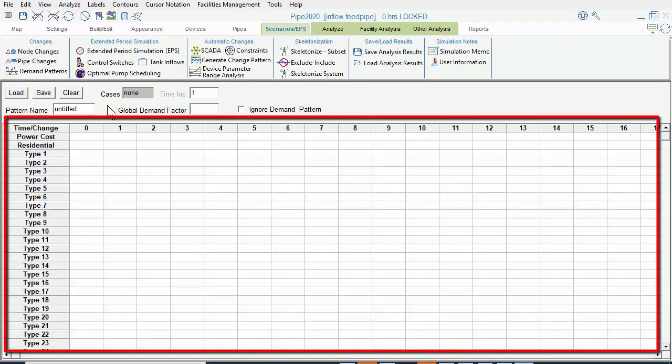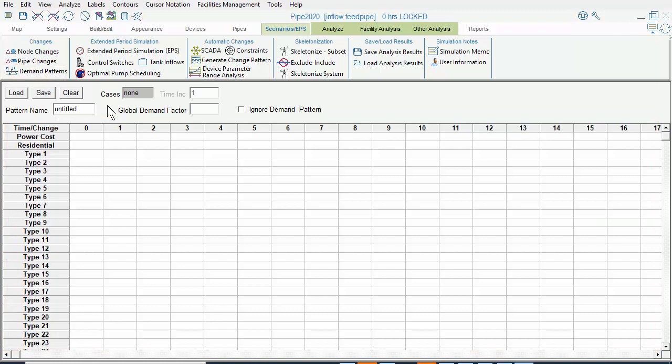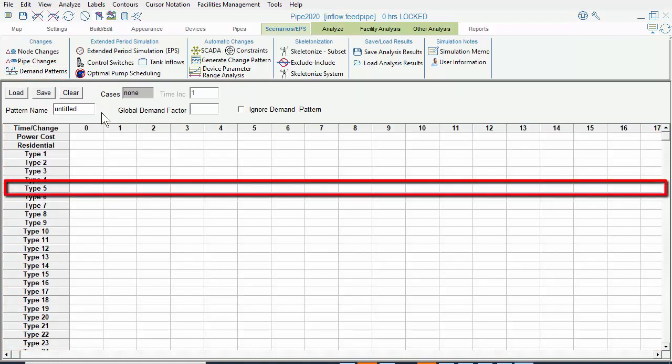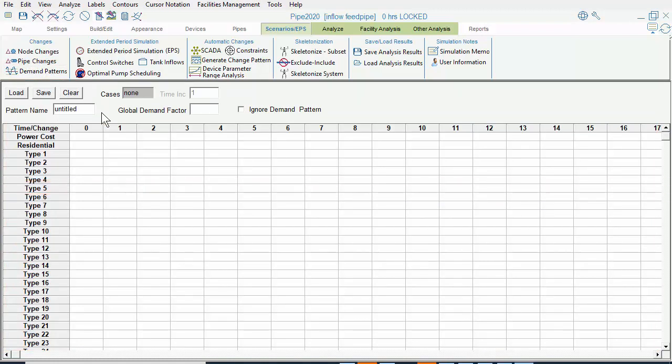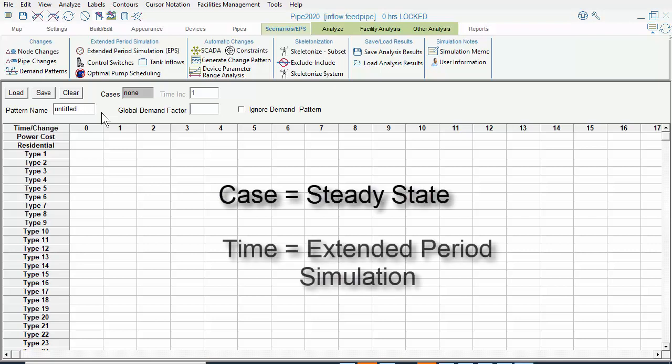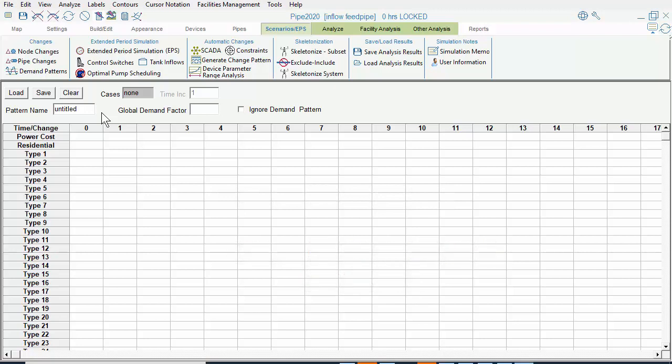This is the Demand Patterns table. We see there is a row for type 5 demands. We can enter demand factors here, which are multipliers for the demands entered in the map area, including tank inflows, but they are applied based on case or time, depending on whether we are running a steady-state simulation or an extended period simulation. So if we enter a demand factor of 1.33 in the first column, that would be an